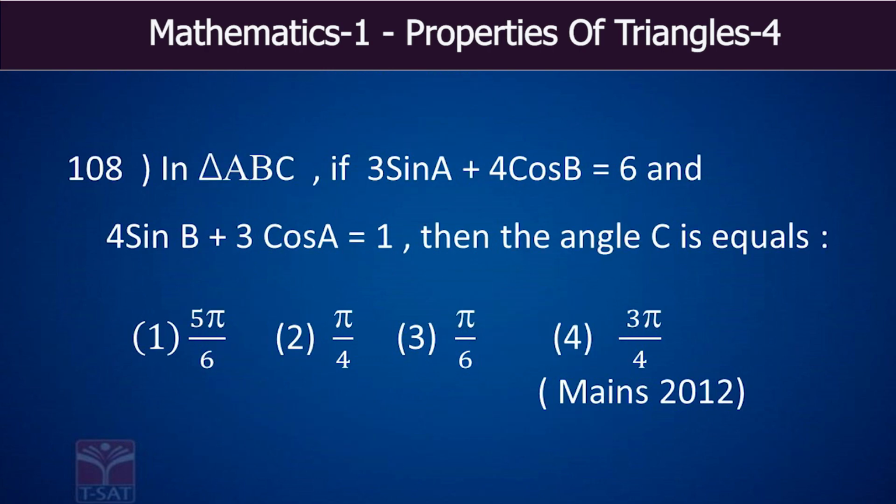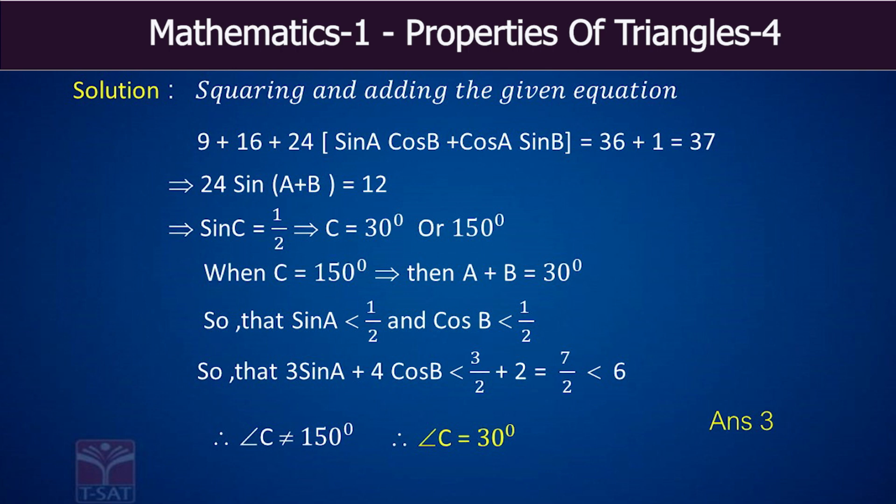108. In triangle ABC, 3 sin A plus 4 cos B is equal to 6 and 4 sin B plus 3 cos A is equal to 1, then the angle C is equal to: 1, 5 pi by 6; 2, pi by 6; 3, pi by 4; 4, 3 pi by 4. Now, squaring and adding the given equations, we will have 24 sin(A plus B) is 12, or sin C is equal to 1 by 2,